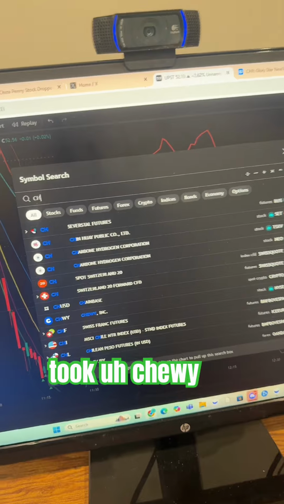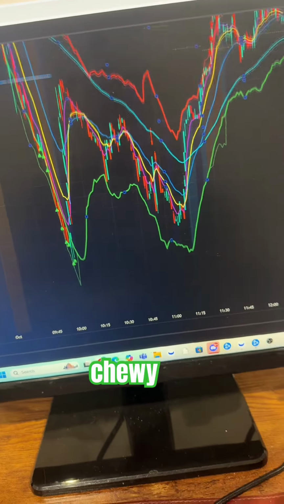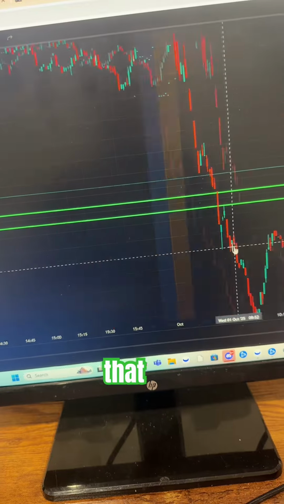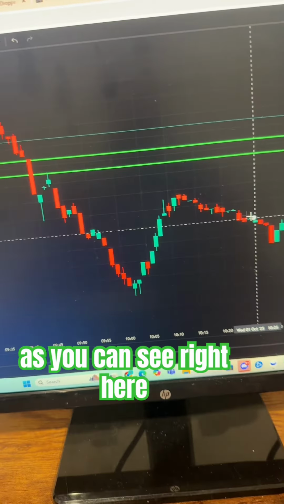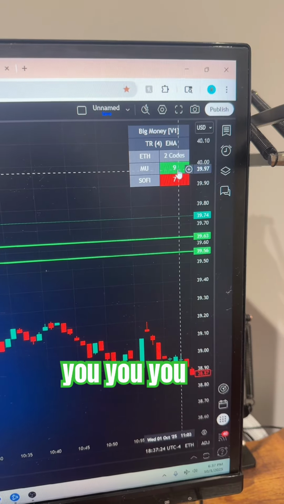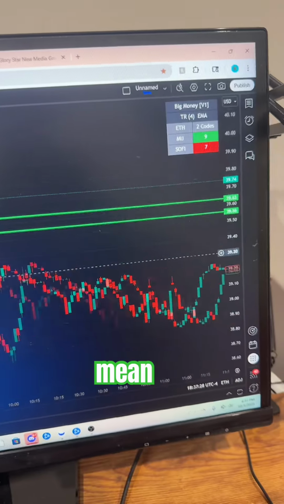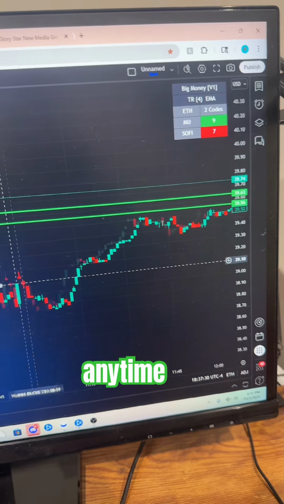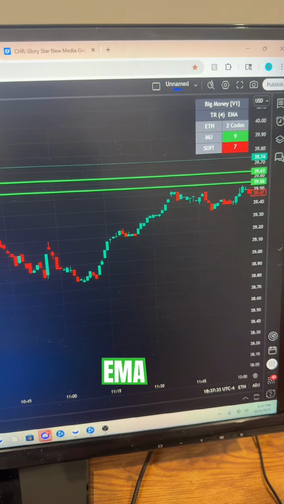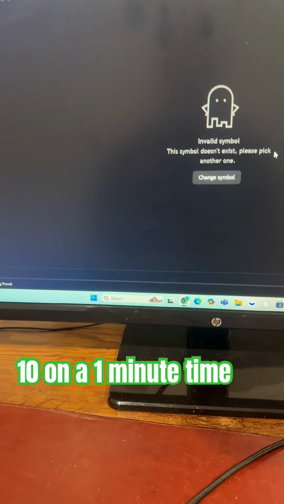We took Chewy. Chewy was a great trade in the beginning too. Chewy had a very good support zone that came down. And as you can see right here, we're actually popping signals right now. You see these numbers here? We look for 20. Basically what these numbers mean is anytime price has not touched these EMA 10, let me refresh this. When price has not touched the EMA 10 on a 1 minute time frame,